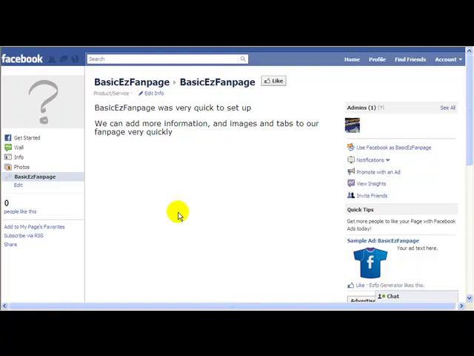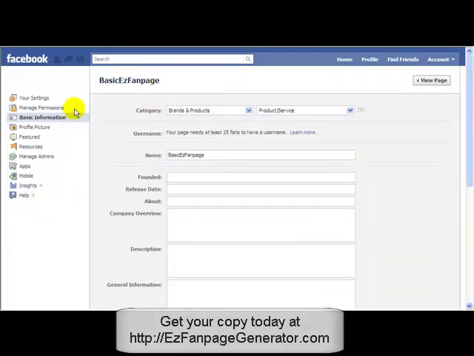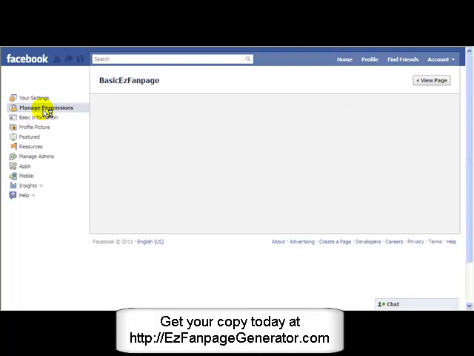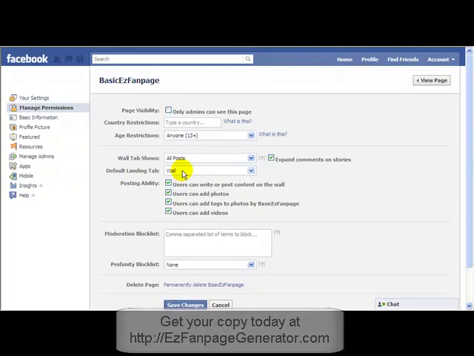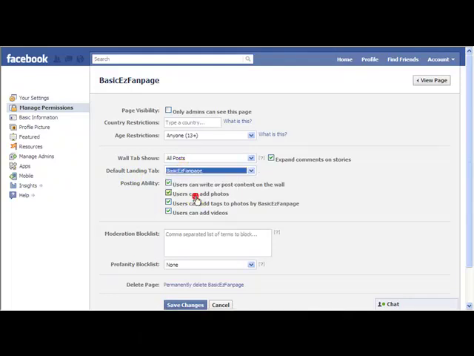One of the things you do want to do though before I go away from this video is make sure that this fan page section is going to be what everyone lands on when they come direct to your fan page. You could get them to come direct to the wall or to the info page or to photos, but really we're building up a good looking fan page here and we want them to land on that fan page. So come to edit information and go to manage permissions. And here you find default landing tab, and it's usually set to wall,